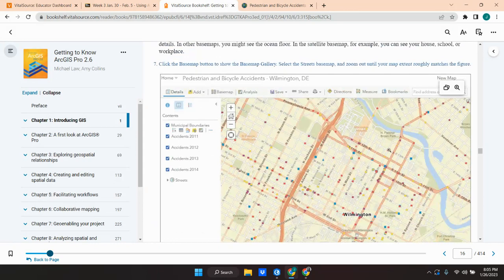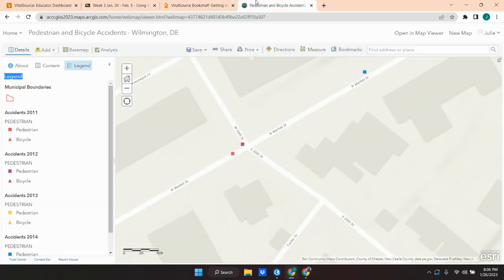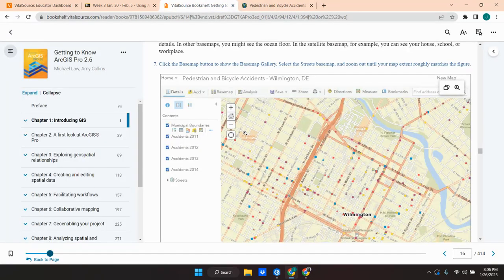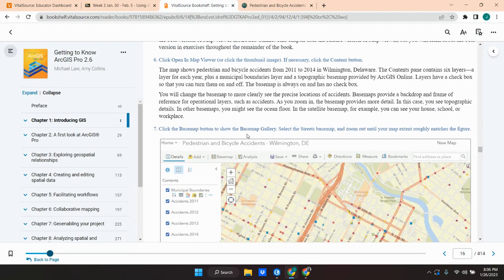And if you look at their example, you'll see over here on the left, it looks very different. Now, this up here does not have the wording, but you can kind of see how this area is in light blue and this says content. So make sure you click that over to content. Okay. And I just wanted to point that out because as you're going through this assignment,